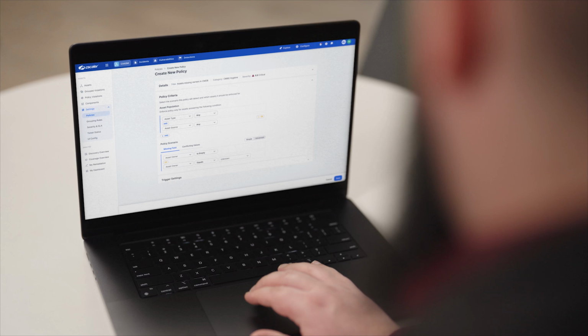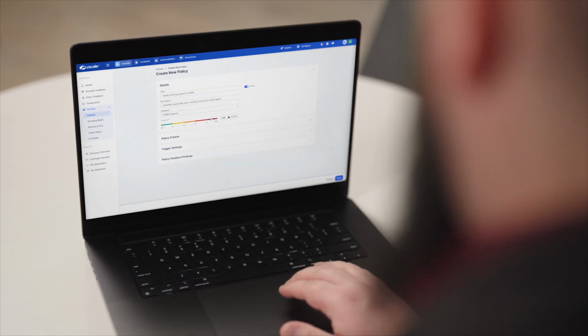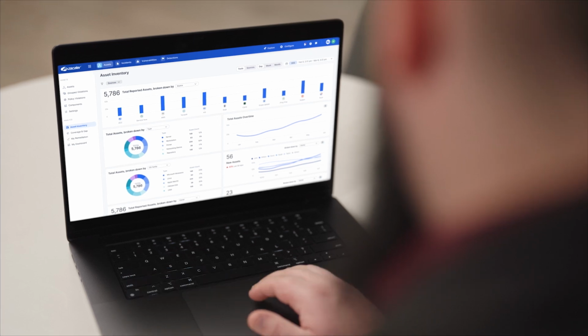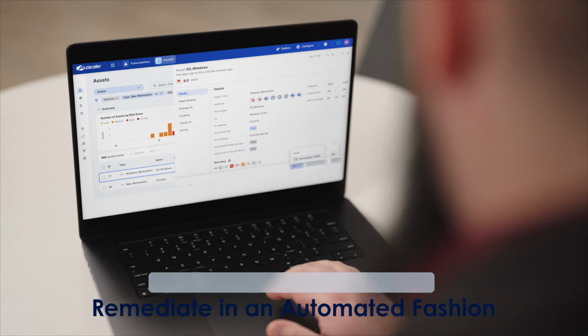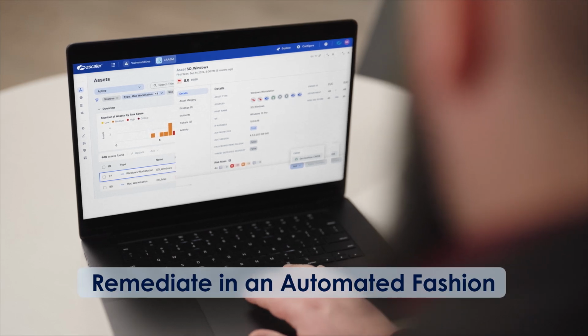Having this philosophy is one thing, but being able to actually trust my technology to deliver on that and align to that is a completely different thing. And that's what Zscaler is able to deliver for us. With Zscaler, we're getting all of this. We're able to identify a trusted inventory. We're able to track and log all of our control gaps. And we're even able to remediate in an automated fashion all of the risks we've identified, including updating our CMDB